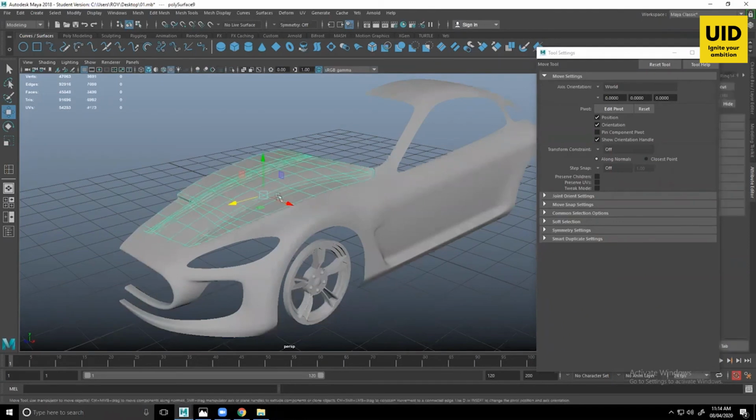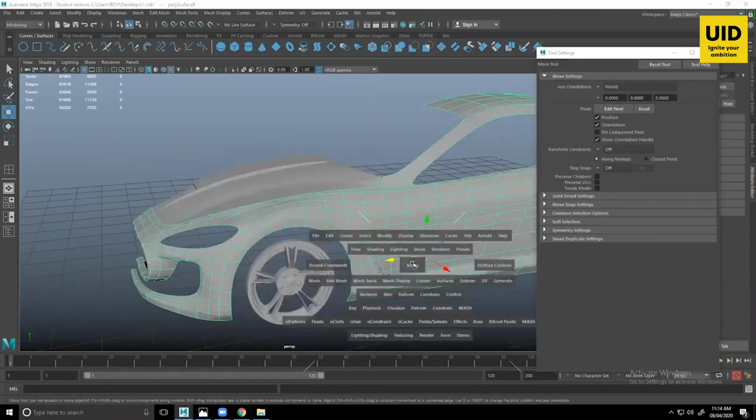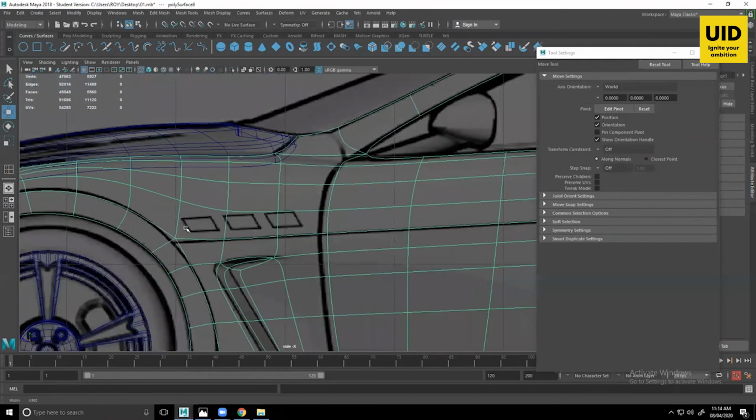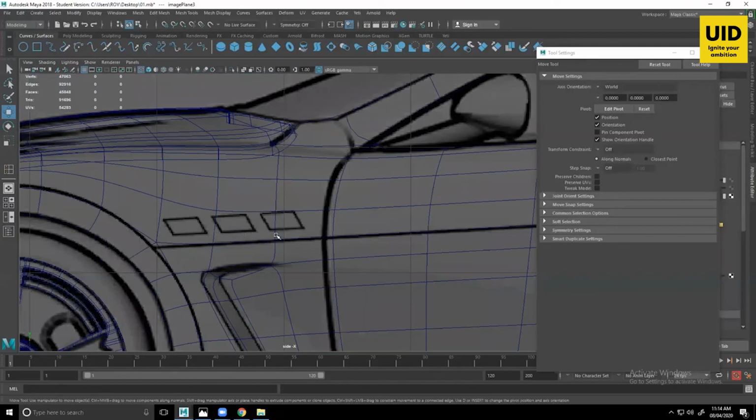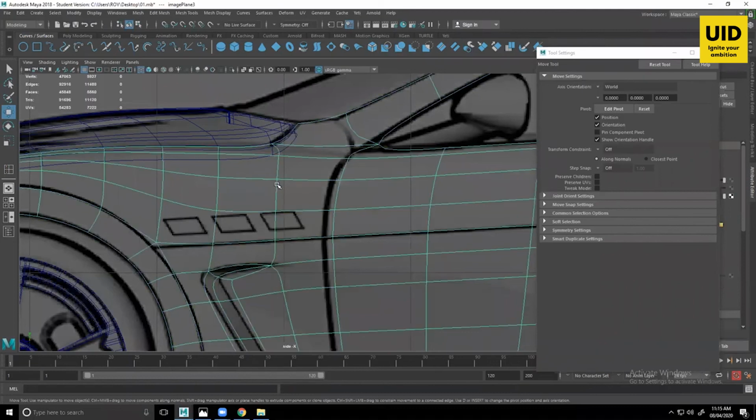So this is the same technique that you will apply in all the parts where we separate. ठीक है, जैसे लाइक यहाँ पे ऑलरेडी 3 पार्ट्स है हमारे पास. इसको थोड़ा सा और एज को एडजस्ट करके then we can just extrude them. For example, इसको सिलेक्ट करते हैं इस पार्ट को.